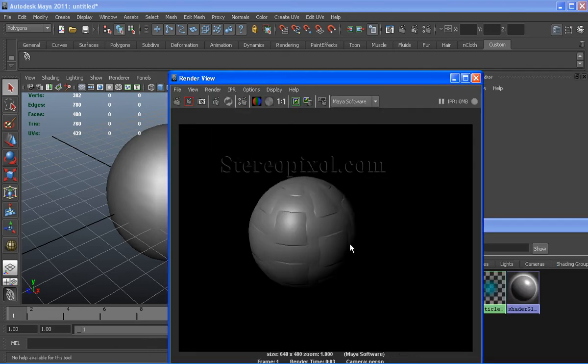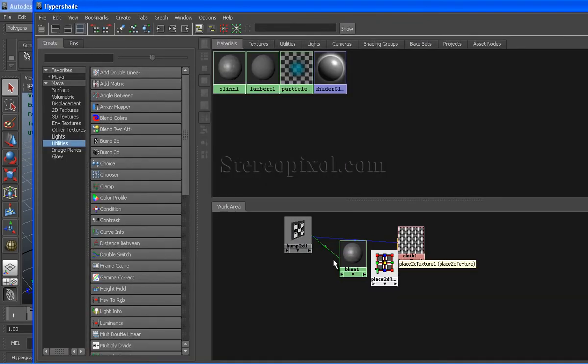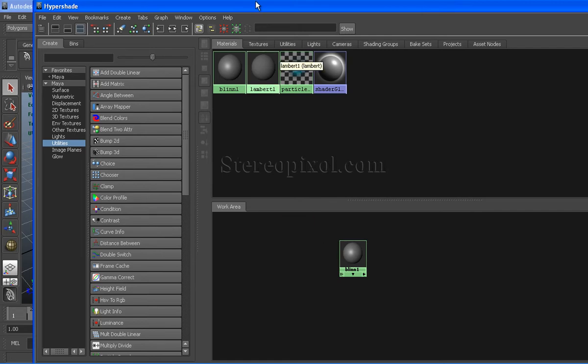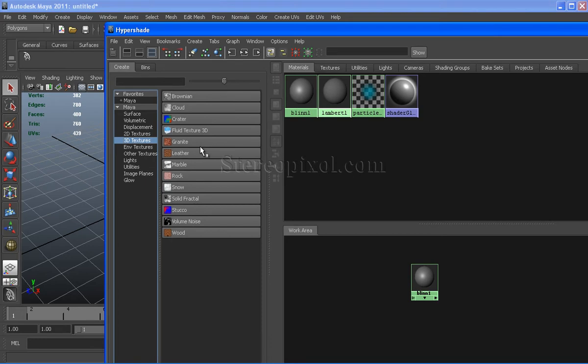That same thing happens with the bump 3D node, and this time if I delete the bump connection with the shader, delete the textures also and the bump 2D node, and under 3D textures I am selecting any of the 3D textures.